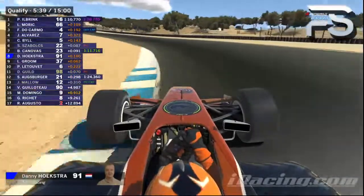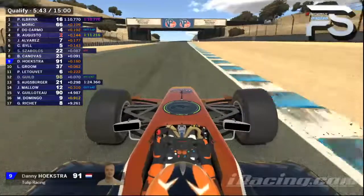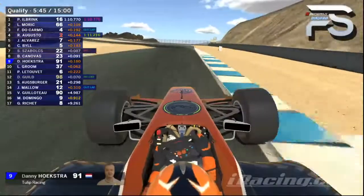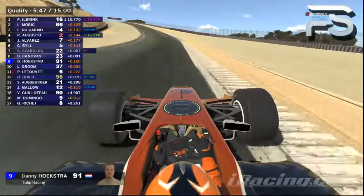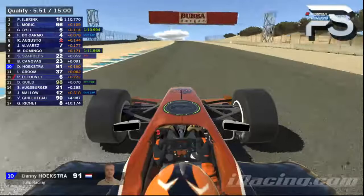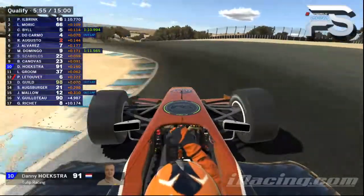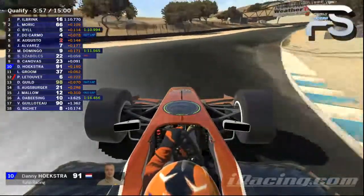And he's going towards the bridge here. Then it's going to be a fast left-hander, 4th gear, slightly off the gas. You don't want to hit that sausage on the inside there. Going towards the corkscrew now, hard on the brakes, and once again we're going through the corkscrew, dropping down, probably